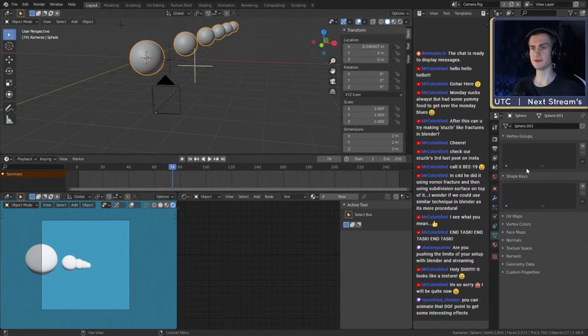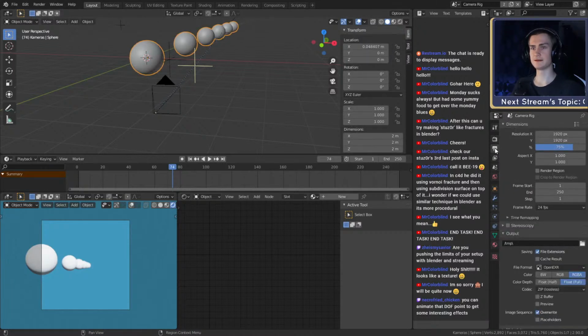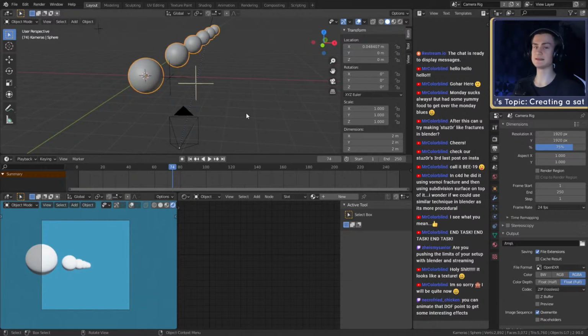What you can do is you can basically upscale your render. For example, if you have a scene that takes a lot of time to render, you want to have very little noise, especially if it's a dim lighting scene. You can reduce your render resolution to 75%, which reduces the amount of render time you need.